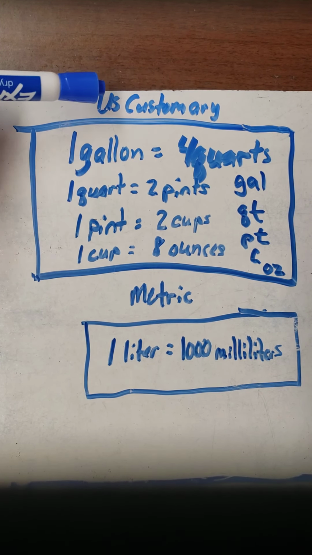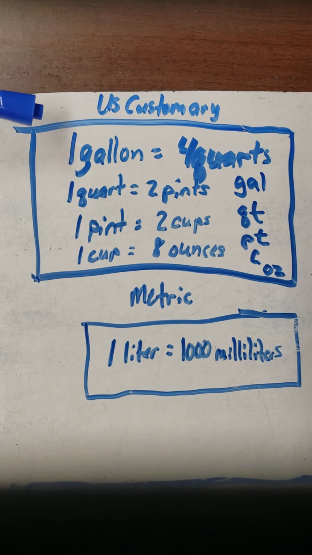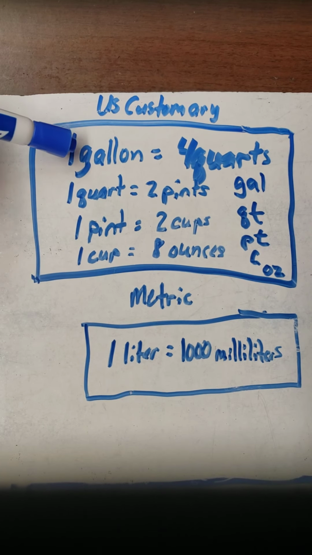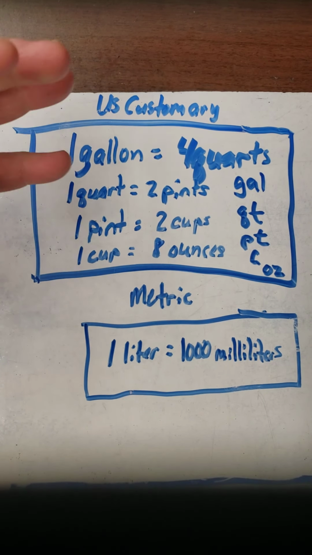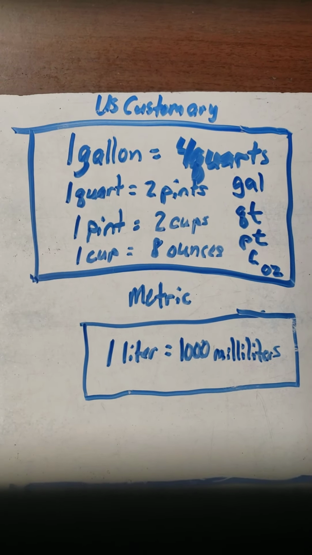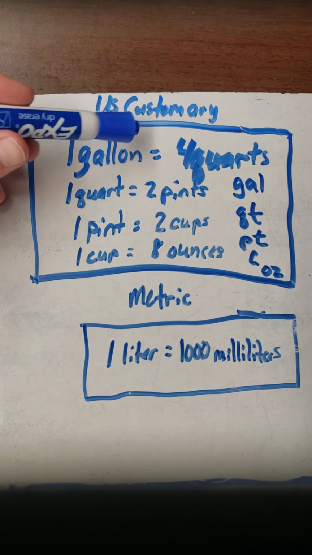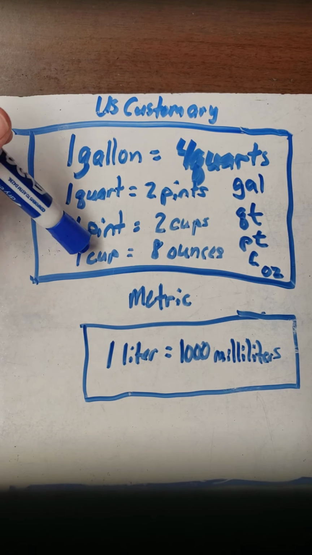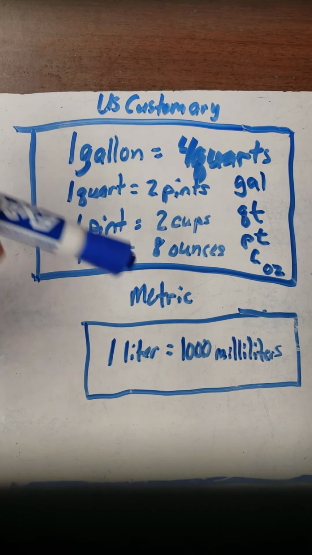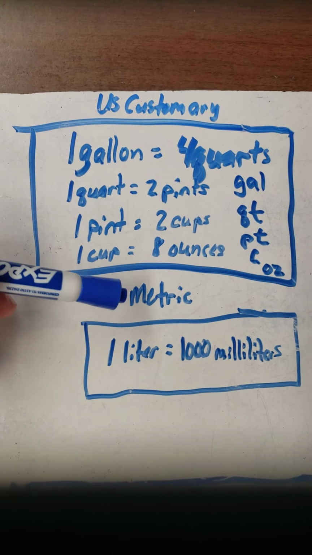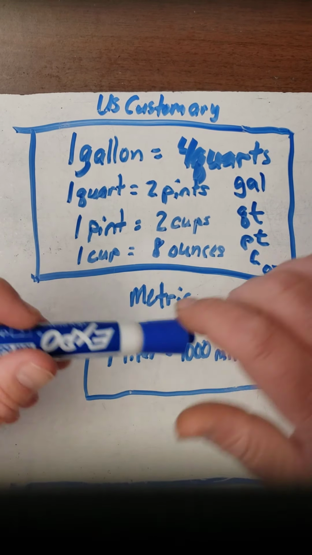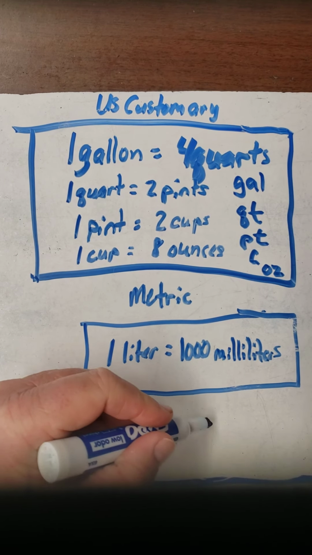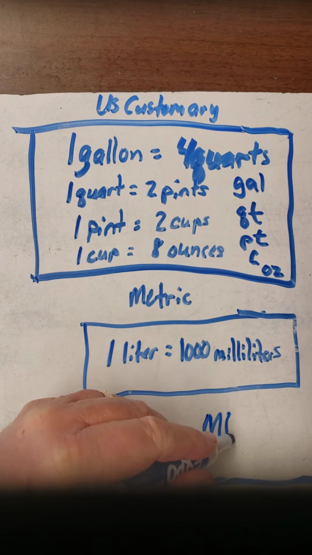So U.S. customary units of measurement for capacity. This is for capacity, not measurement, capacity. So 1 gallon, that means that there's liquid inside. Okay? 1 gallon equals 4 quarts, 1 quart equals 2 pints, 1 pint equals 2 cups, and 1 cup equals 8 ounces. The metric, okay, there's only 2 of them in the metric for capacity, and that's liter, okay, and milliliter,